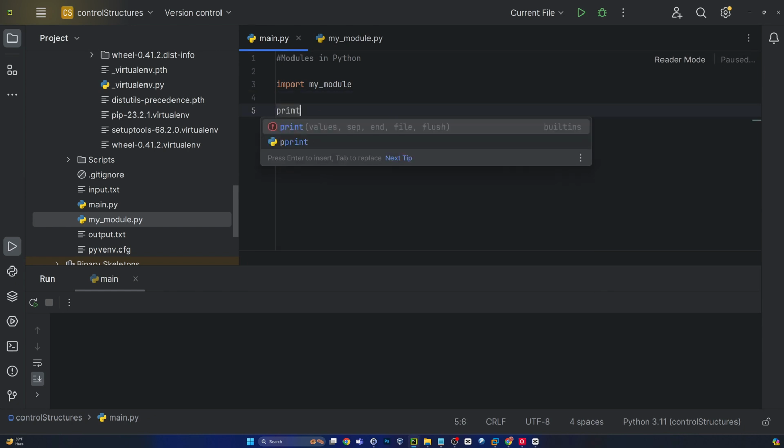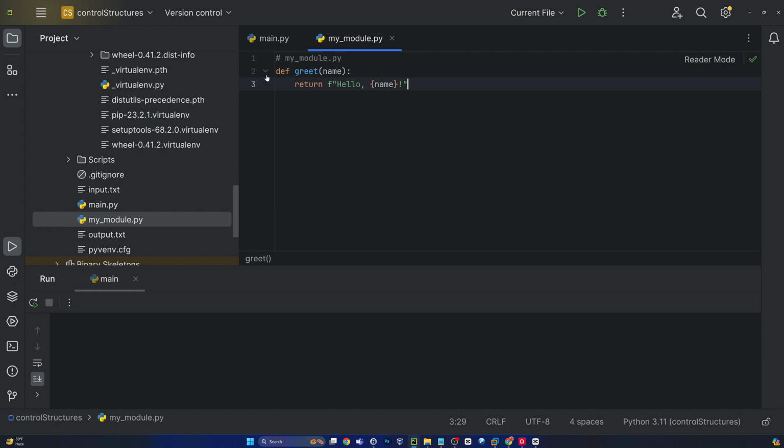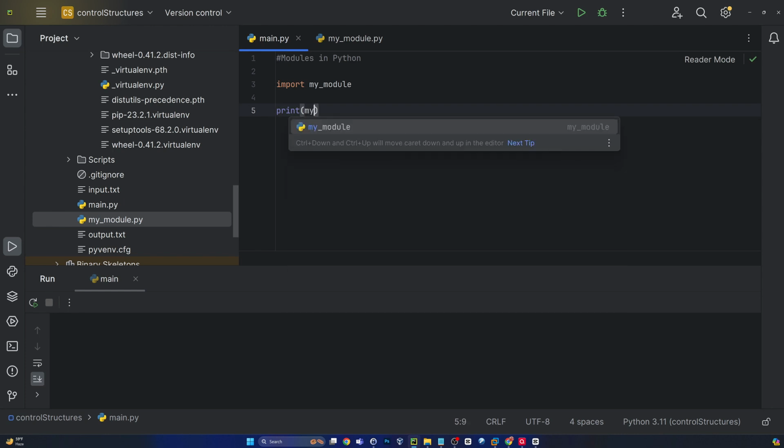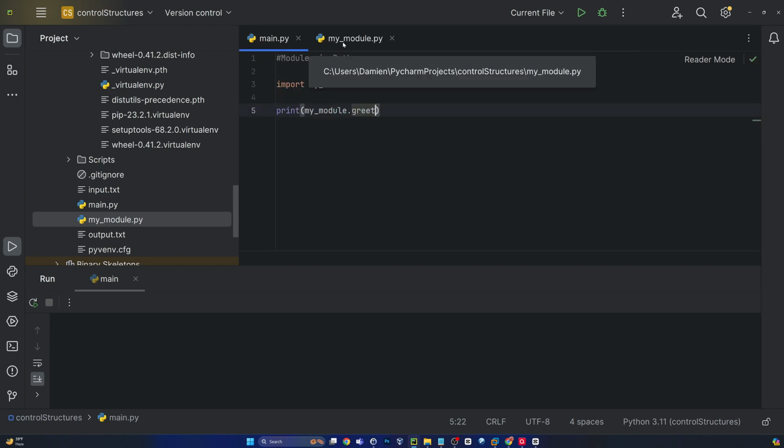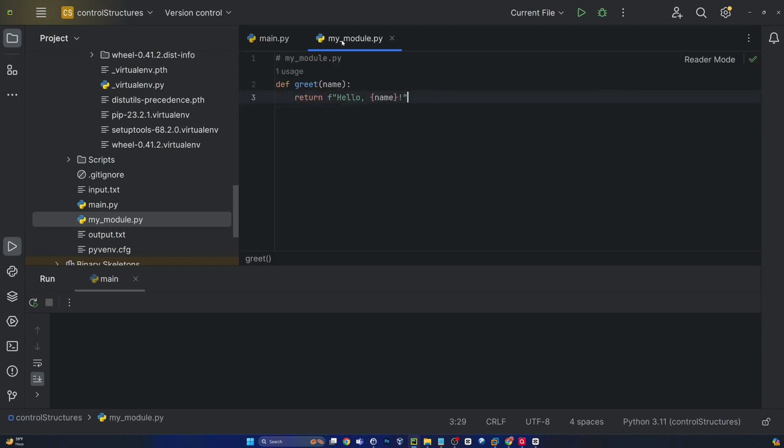Just like we would do if we were interacting with this function from this file directly, we can now do that in main. So we're going to do a print my module dot greet, which is the function within that. So remember, we've imported the entire module, so we need to call out a function with the module name,